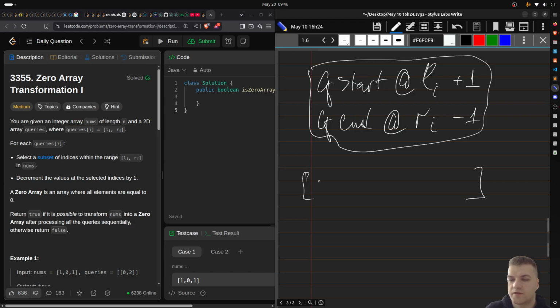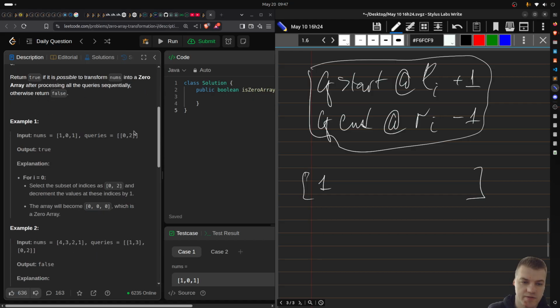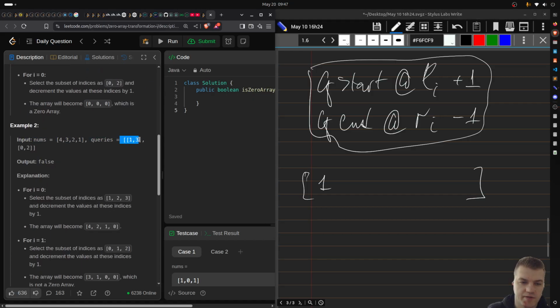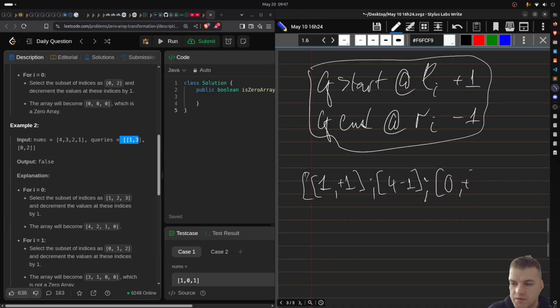So I'm going to have, say, a query start at 1. For this case, let's say the queries are 1, 3 and 0, 2. So I'm going to have 1 start, which is +1, and then for the end, because I want to decrement at the next index, it's going to be 4, -1. The next query is going to be 0, +1, and then